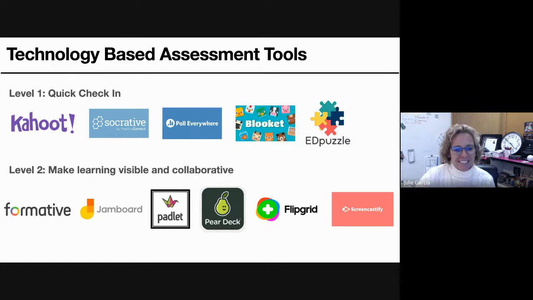Pear Deck is a tool that we use in San Diego Unified to go with Google Slides. With Pear Deck, you can push questions with your Google Slides. So your students have the slides in front of you, and you're projecting the slides yourself. And there's drawing features. Students can draw, they can drag dots around, and it provides a lot of interactivity and